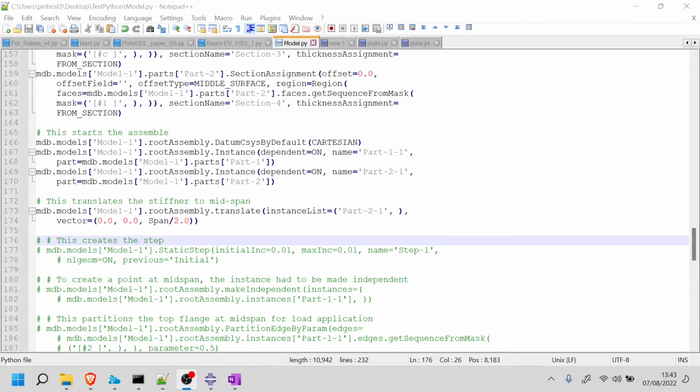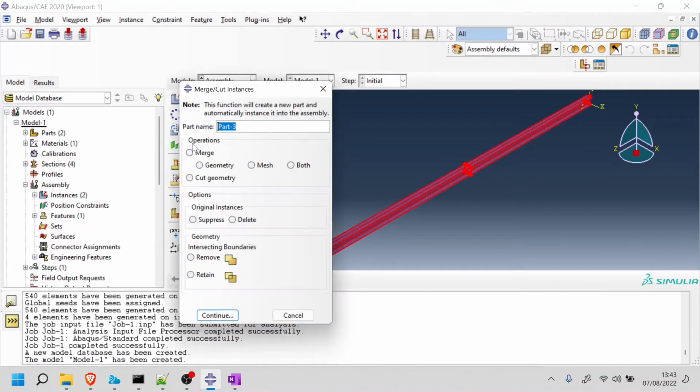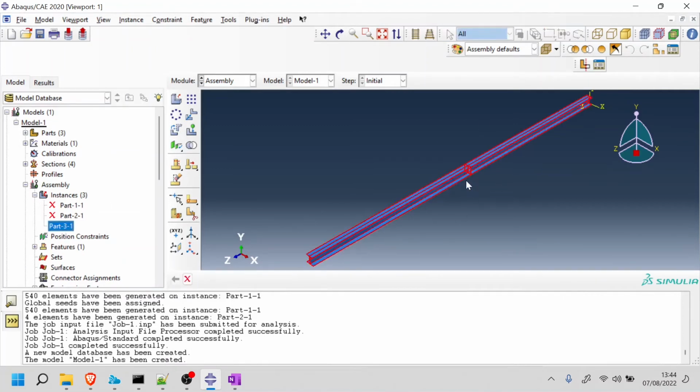So one of the things I forgot to do in this model is when you add a second part, you need to merge the 2 instances, otherwise they won't be connected in the model. So what I'm going to do now is select the 2 instances, and here in assembly, go into merge cut instance. So I'm just going to merge this into part 3. I'm going to merge the geometry, suppress the original instances, and remove the boundaries. And here I'll select the instances, press done, and this should create now part 3.1 that has both of them